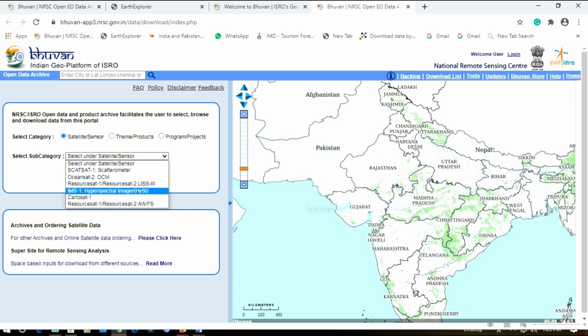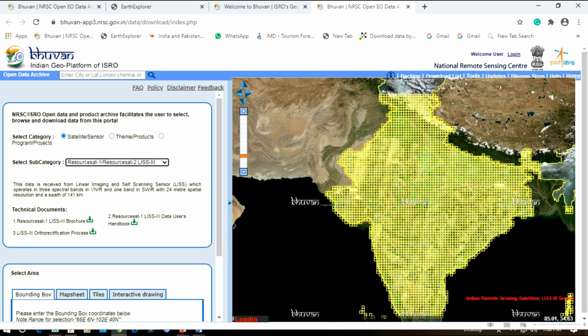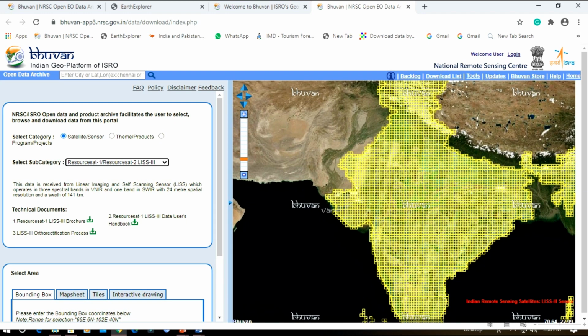All these sensors' images are available here. Then you should choose the right option. Suppose you choose LISS 3, then LISS 3 satellite images you will be able to find here.